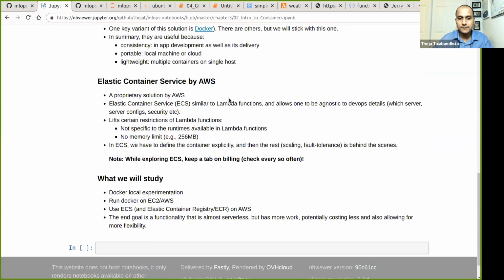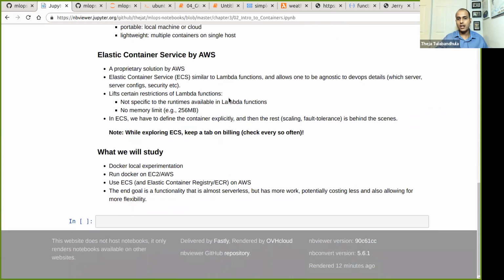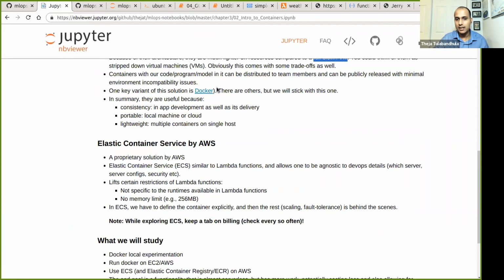Docker is something that we can play around with ourselves. For example, we can pick a machine, just like the EC2 machine that we chose, and on that EC2 machine we can install this piece of software, Docker, and we can also install the same software on, let's say, our local machine or some other machine.